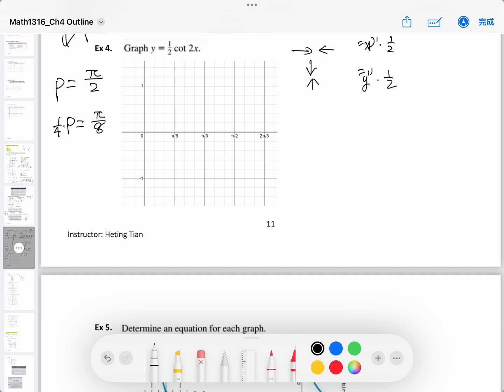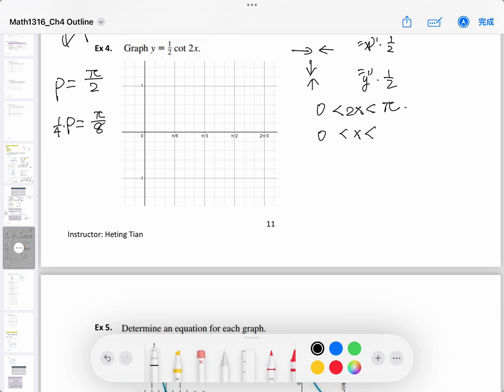Okay, let's find the two vertical asymptotes. 2x is bounded between... all right, let me ask you. This is cotangent. What is the mother function? It's a decreasing function from 0 to pi. That means 2x is bounded between 0 and pi. Let's solve for x. So x is between